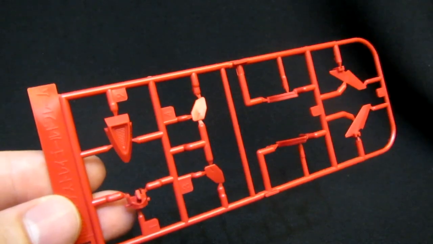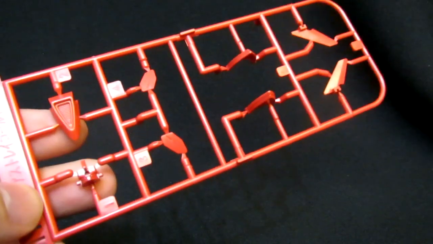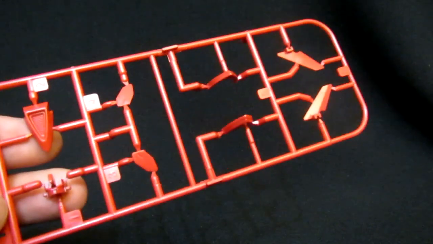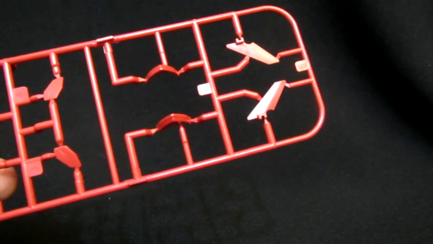M1, no, that's not a joke for the Astray. Gold frame, what are you getting? The Blitz's shoulder is going to have a nice red piece there. The goatee and the eyes in red. You've got the front skirts are going to have some red parts, as well as some other little details down